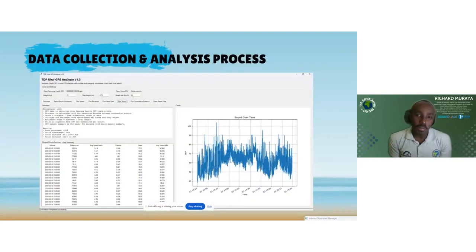So now the analysis process becomes quite tedious because, like you've seen, there are so many devices that you're using, most from various manufacturers. So essentially what we have done is that we've created a Windows software app that you can use to integrate all these various data sets, whether it be air quality data, or basic GPS data from a smartwatch, from your smartphone, all this data, integrating it into one comprehensive Excel workbook